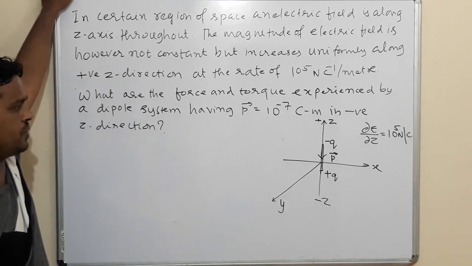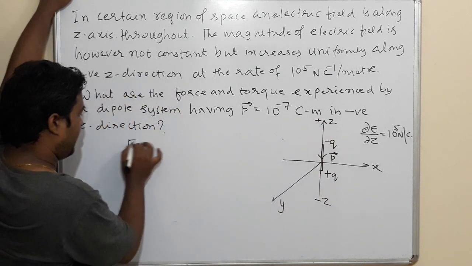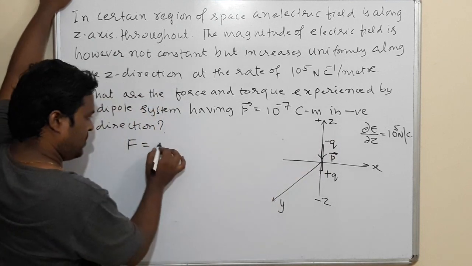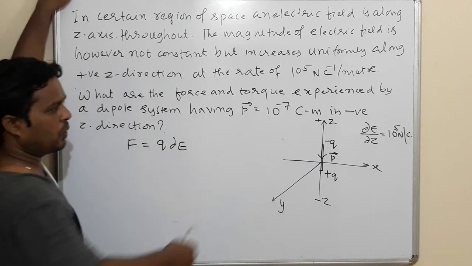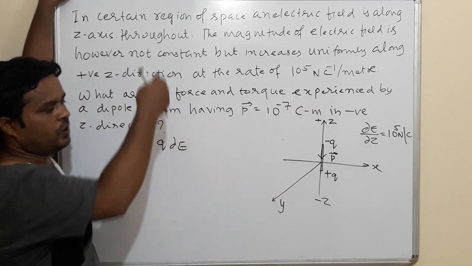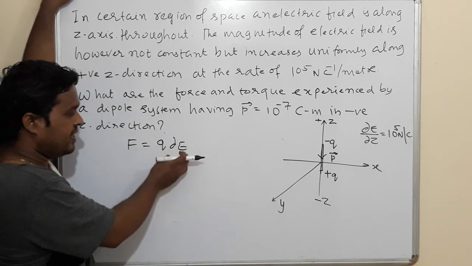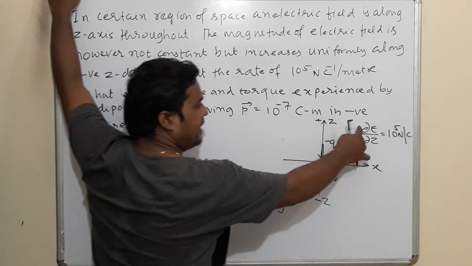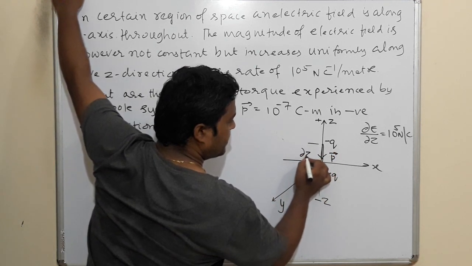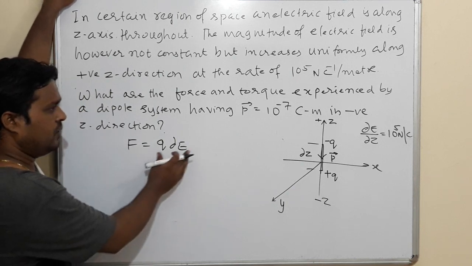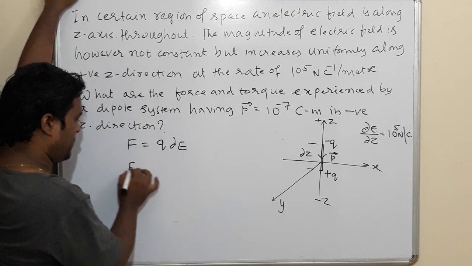First let us try to find the force. Now if electric field is changing in this direction, I can write force is equal to one of the charge, which is not changing, multiplied by dE. Why dE? Because electric field is changing along z direction, increasing along z direction. If field is constant, I will write Q into E. If field is changing, Q into dE. I have dE by dz here. See, this much if I treat it as dz, this is dz. Then if I have dE by dz, here I have dE. I want dE by dz.